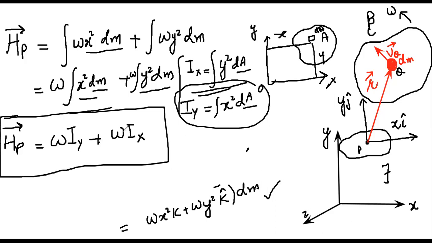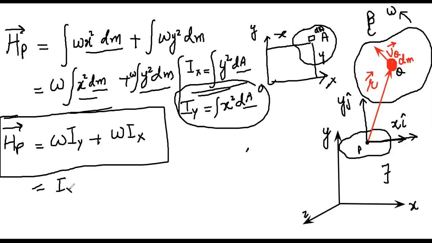Say, for example, the rigid body is restricted to move only along the x-axis or y-axis. If the rigid body is moving only along the x-axis, we can still write this as Ix plus Iy